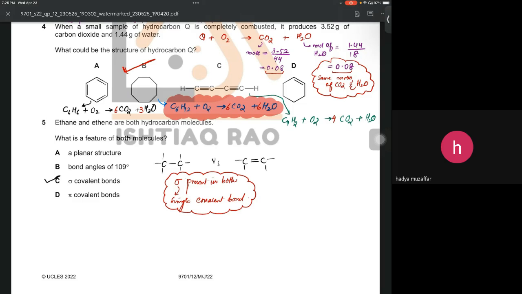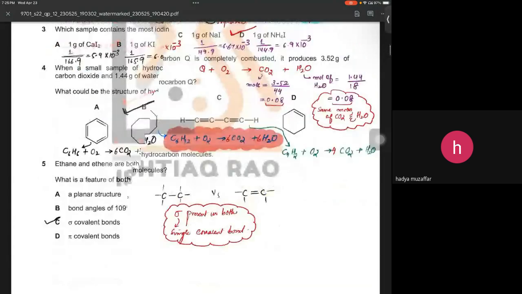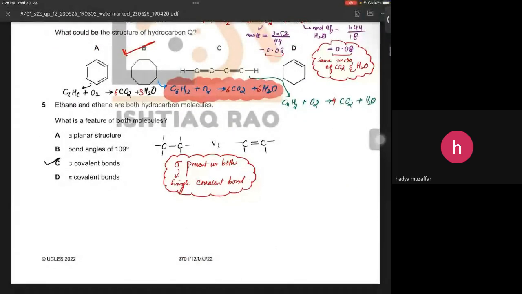It's a planar structure, so they have different geometries. So option A is incorrect. This statement is incorrect for both molecules; it's only correct for ethene. And if you look at option B, bond angles of 109.5 degrees, it's true for ethane. It's true for the tetrahedral one, but it's incorrect for ethene because in ethene the bond angle is 120